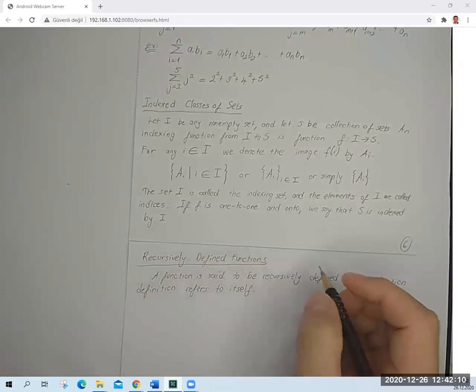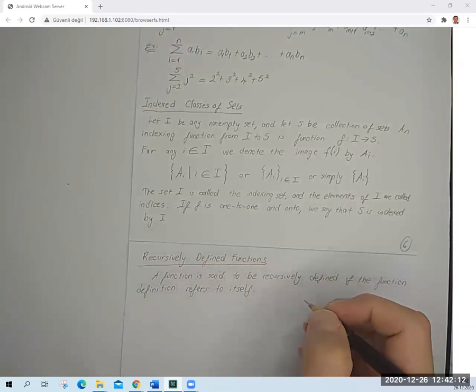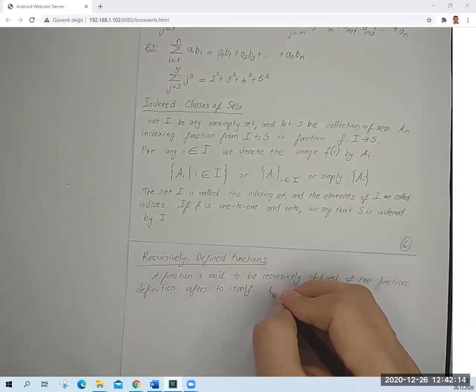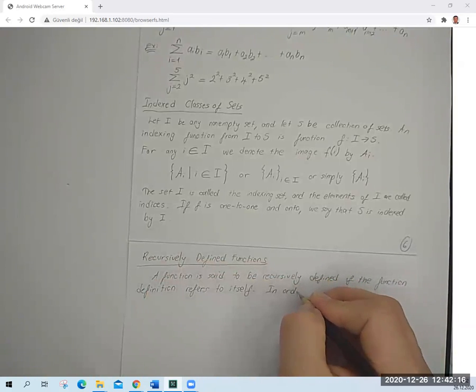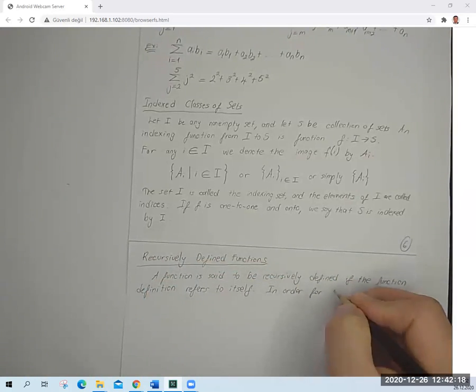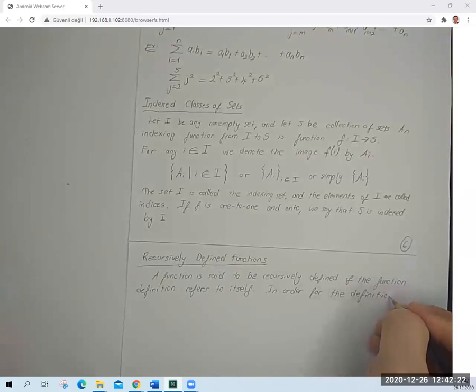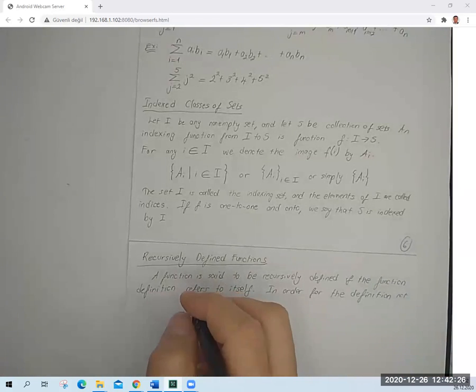This is the important part: it refers to itself, in order for the definition not to be circular,